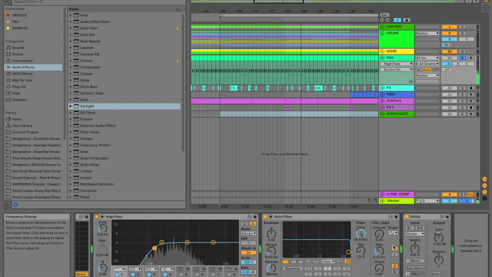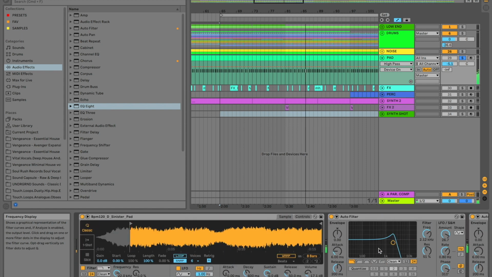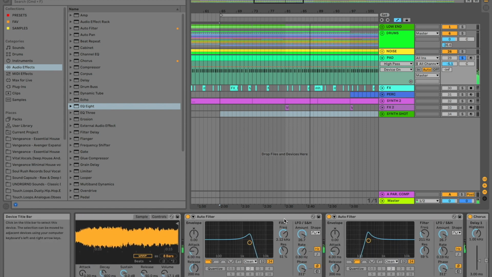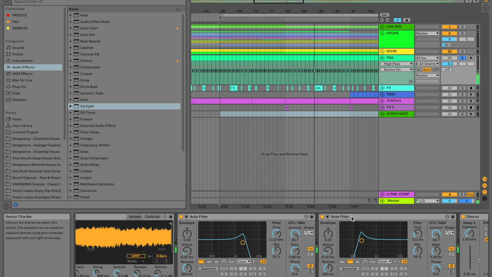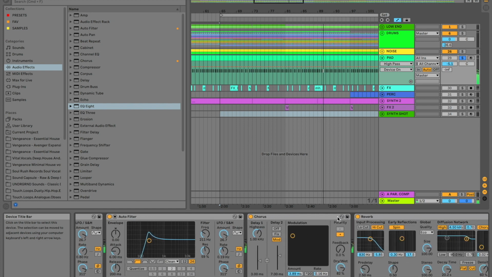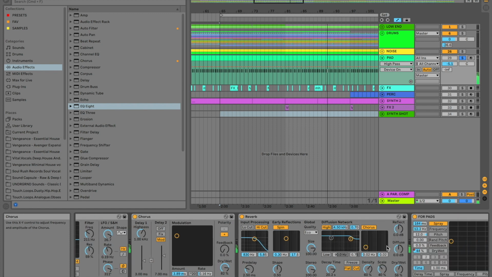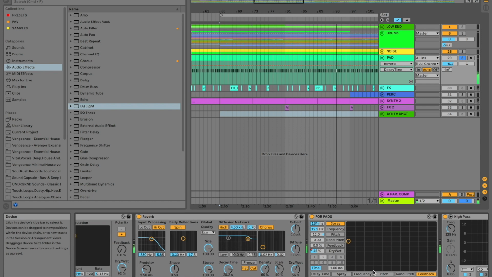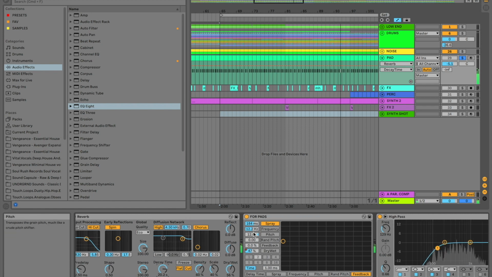I took a random sample and made a one bar MIDI clip with some random notes to trigger the sample. After that I added both low and high pass filters with LFO. Then I applied chorus to push it more to the sides. The main secret of making pads out of any sample is a huge amount of reverb. I applied the one that Ableton offers and tweaked the decay time up to 20 seconds and the dry/wet knob up